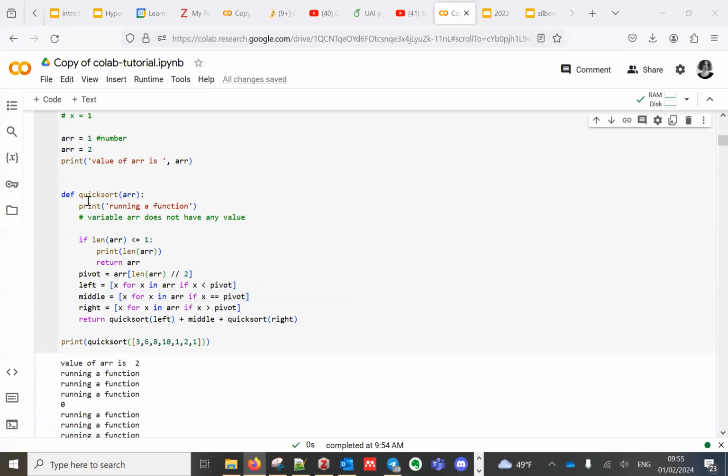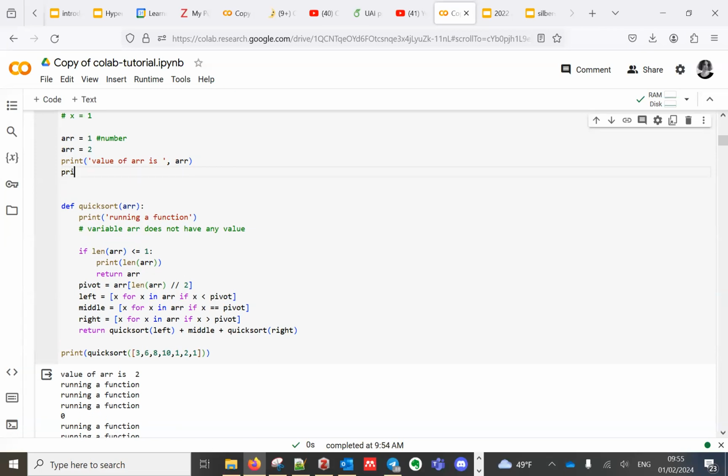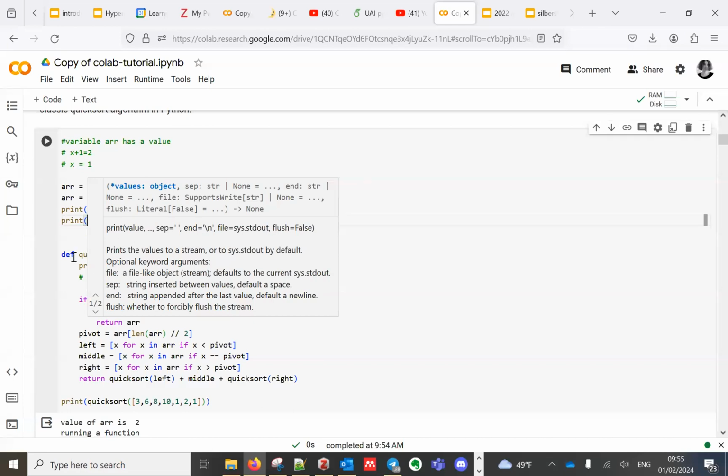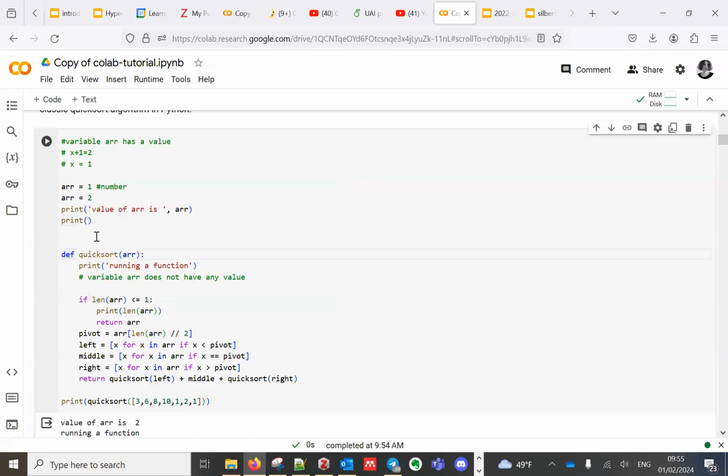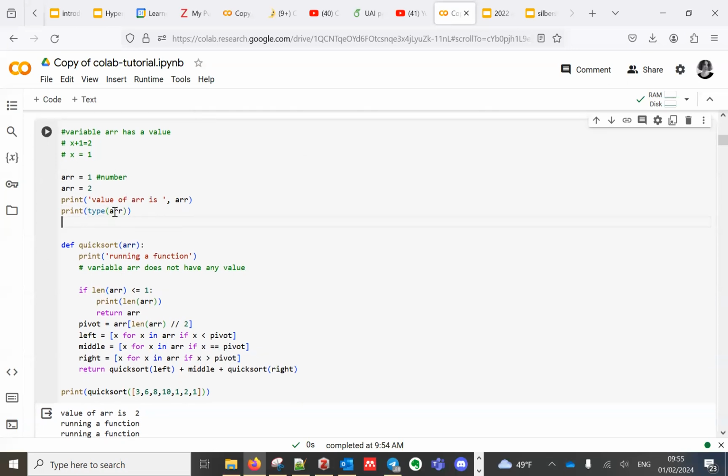So here, this data type, which we have been operating with in the function quicksort, involves two different variables. The variable ARR is a variable of the type number, and later we will also be able to see and compare these data types.